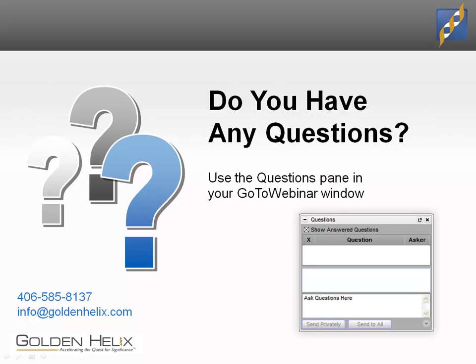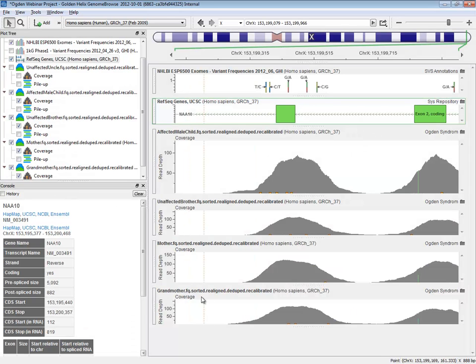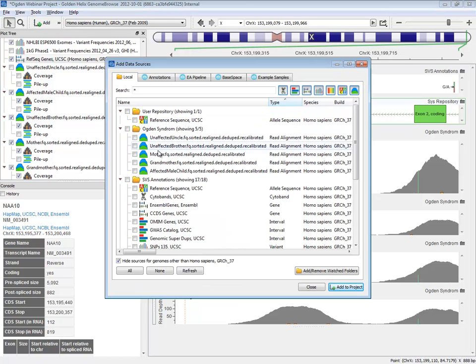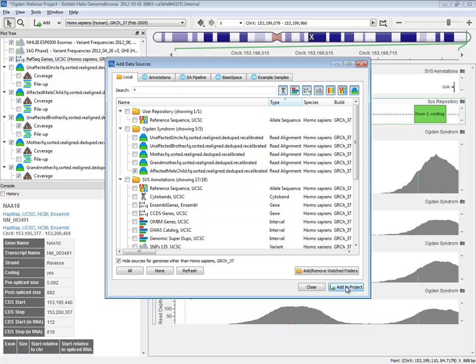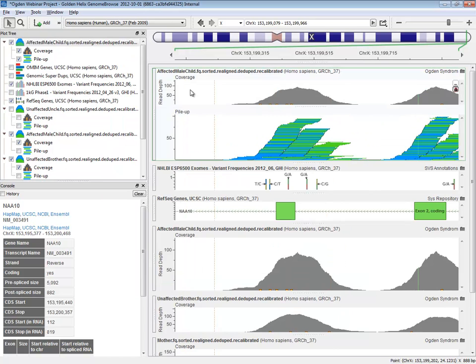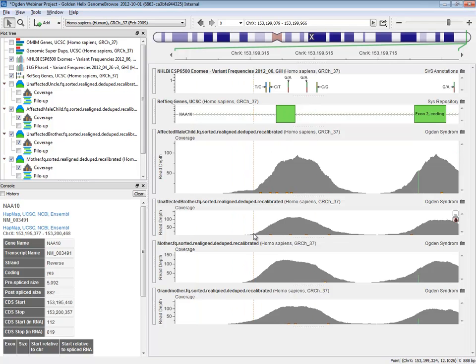Next question, can we upload a BAM file here? I think that refers to GenomeBrowse, and as I said, I didn't have time to build up this project from scratch, but from our add dialog, it's very easy to add in your own BAM files. You just throw them in there as long as you have the required supplementary files. If you don't have them, we will compute them on the fly. It's a very easy to use tool, and it should do everything for you in terms of getting your BAM files ready to be visualized.